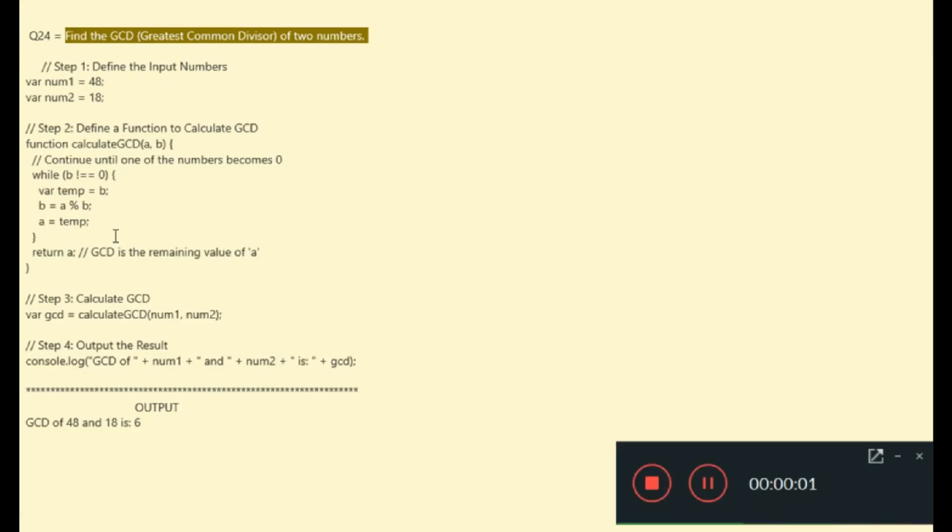Guys, this is question number 24, and the question is to find the GCD. GCD means greatest common divisor of two numbers, right? So the question is to find the GCD of two numbers. Okay, greatest common divisor. I'm going to explain it step by step